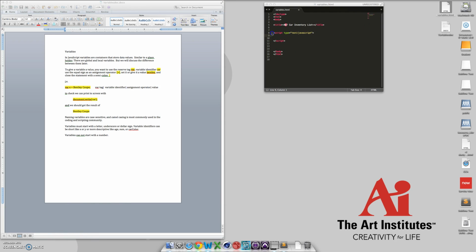You need to add your script tags if you haven't already. Add your script tags. And then we are going to change this to car here. So we are going to set our variable to car. Var is our reserved tag, and then our variable identifier will be car for the beginning of this example,